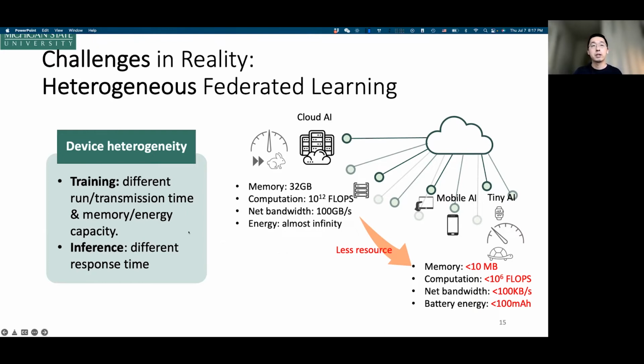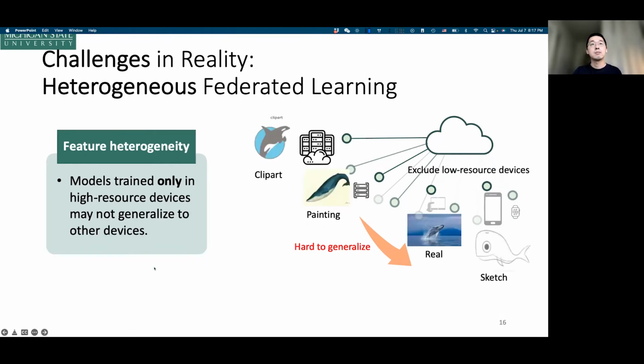The different devices will bring changes in running time, transmission time, and memory and energy capacity. Meanwhile, when you use a mobile phone, you will worry about what kind of model you can run. I don't want to run a very large model, so we have to consider the inference efficiency. So this is the device heterogeneity.